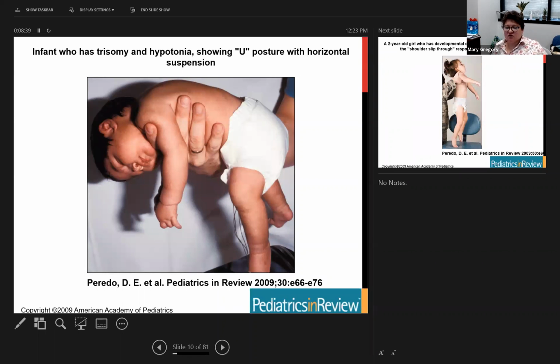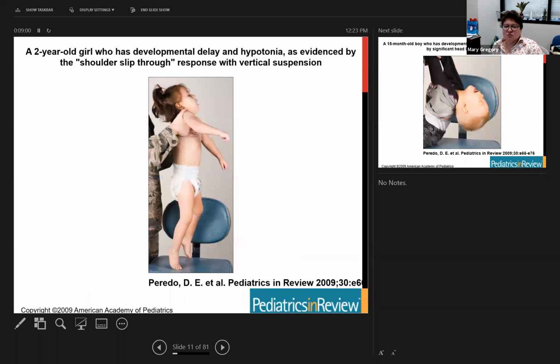So this is a good picture of a floppy baby. You can see they're just not holding their back straight. Their back should be straight. Their arms should be in flexion. Their legs should be in flexion. The head should be held more supported against gravity. And instead, this kid is just kind of leaning into the gravity,